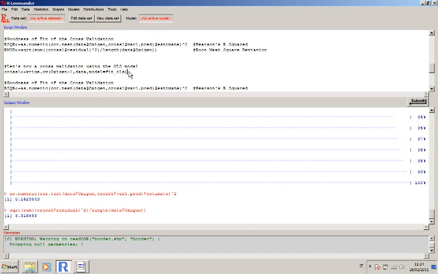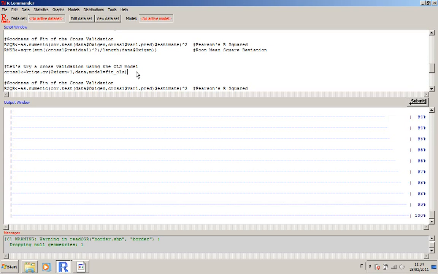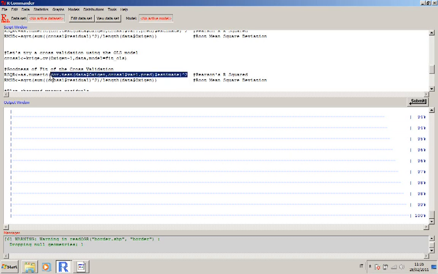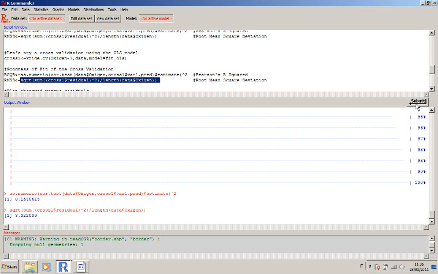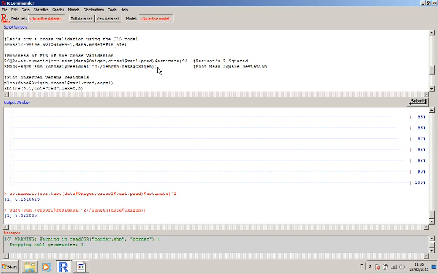So now I can use the same exact method, but with the ordinary least square model. So submit this line, perform the cross-validation using the ordinary least square model. It should take a couple of minutes, not much, because the dataset is not huge. So now it has done it. Calculate the R square. In the previous case it was 0.16. In this case it is basically the same. Maybe it's a little higher. The root mean square deviation, maybe it's a little higher as well. So in this case, both models are equal. In this case, you can choose whatever model you like for the